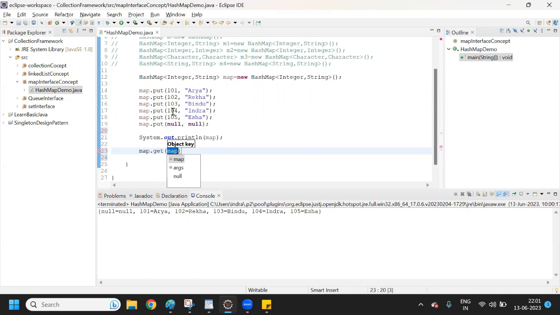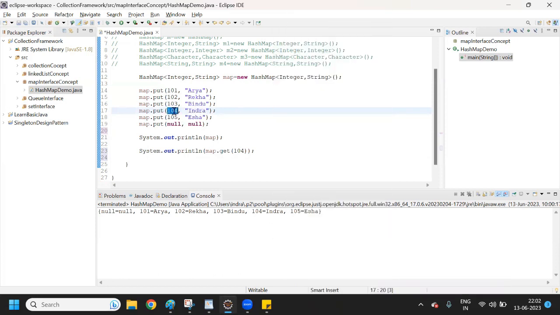So if I provide this 104, it will retrieve the value of this key only. So System.out.println, and now if I execute this program, it will return Indra,